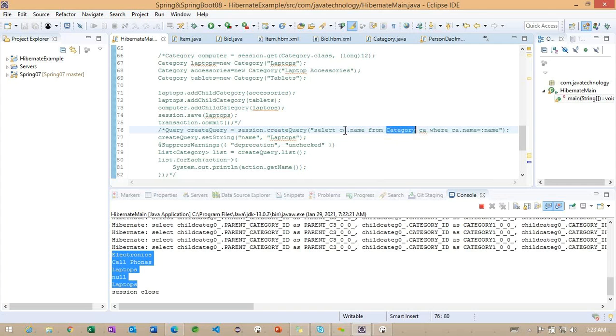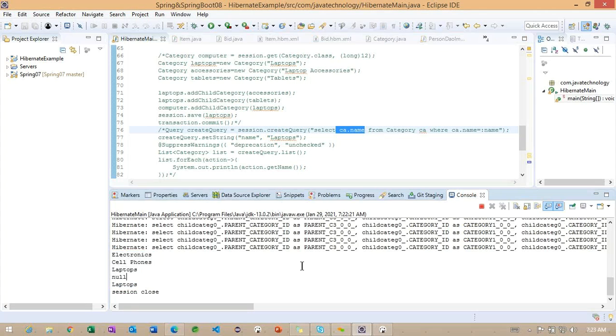So here also we can do it like this, so that it loads only one column, which is one property in the category object. So this is all about loading, which is fetching an object using different strategies. We have seen the session related methods, HQL, and the criteria.